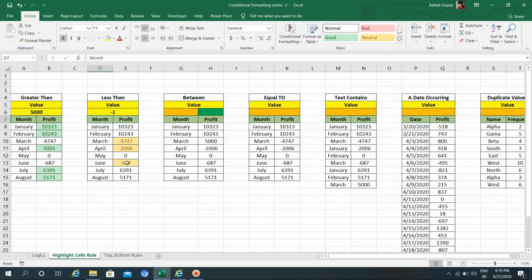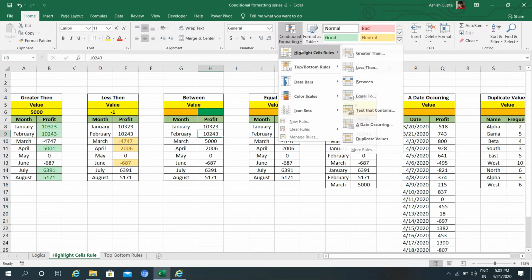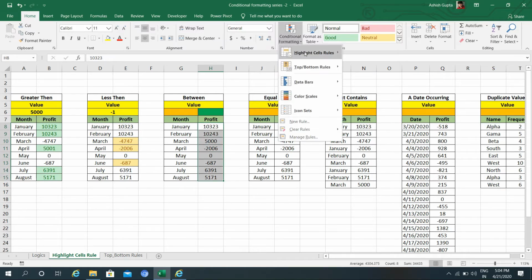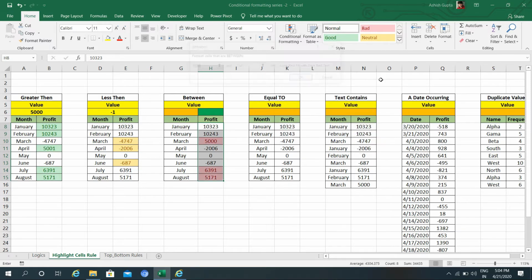Now let's move on to the next example, which is between. In between conditional formatting, we will go to conditional formatting, highlight cells rules and between. This function will tell you if any value is between those numbers, then those cells will highlight. I will show an example. I will select this range, go to conditional formatting, highlight cells rules and use between.